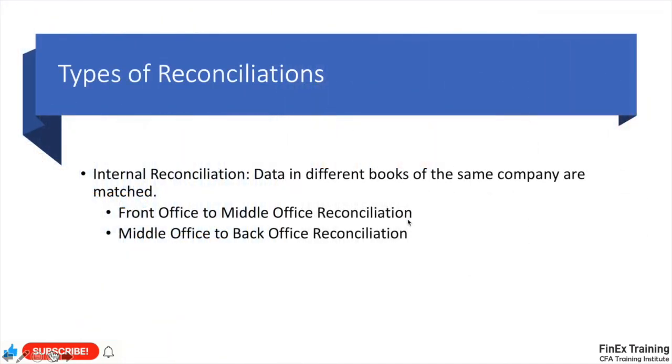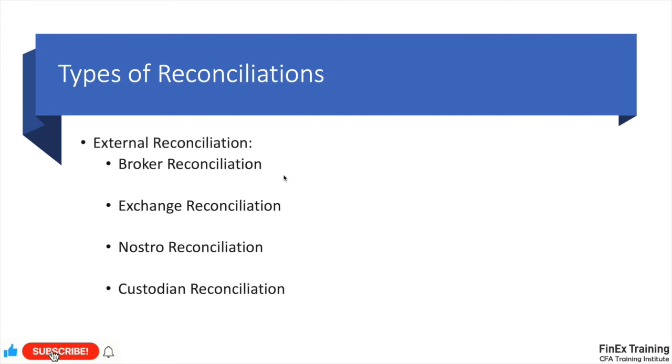Then types of reconciliation. Reconciliation is classified into two types: internal reconciliation and external reconciliation. Internal reconciliation is something happening within the organization itself, say for example from front office to middle office, or from middle office to back office. Here the systems are cross checked from one level to the next within the same organization. It is done to make sure that the right data is fed into the system and maintained. And external reconciliation, again, the intention is the same, to maintain the right data, but this happens